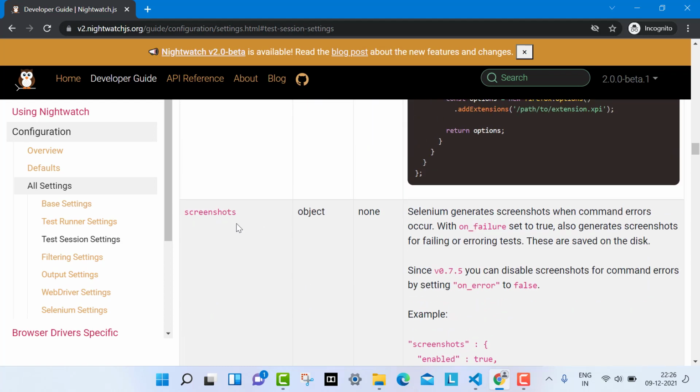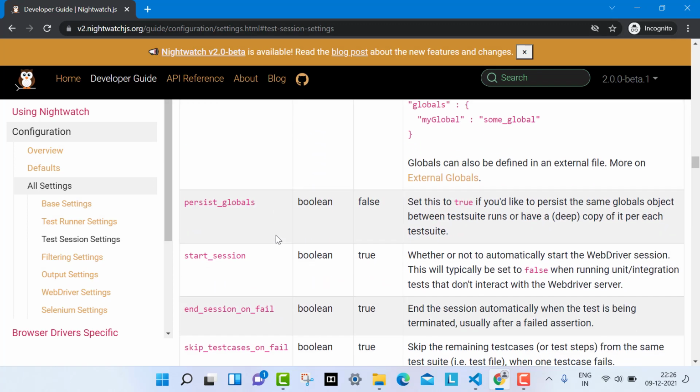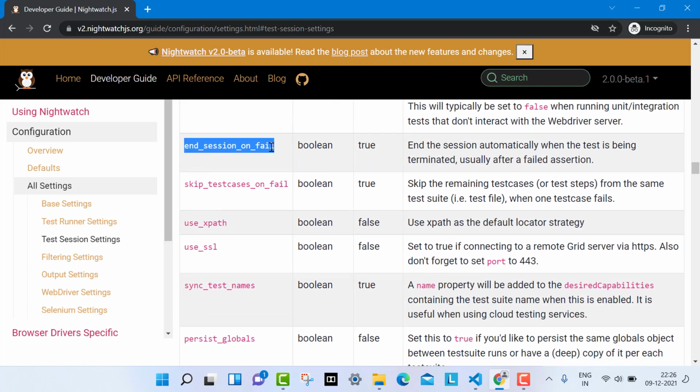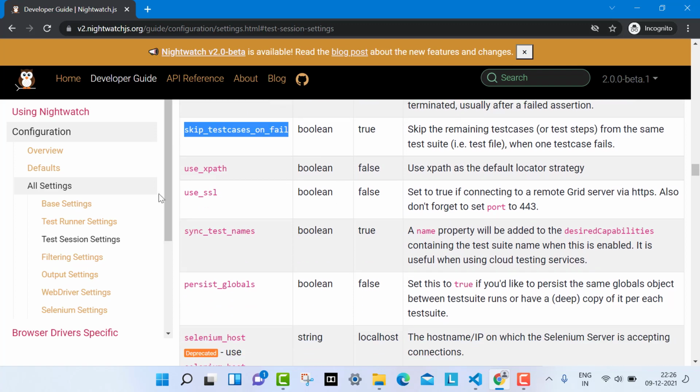There are a lot of things there, like how we can generate the screenshot, start session, what will happen if any session fails, whether you want to skip test cases on fail, whether you want to use XPath by default. Why have they given that one? Basically, by default, Nightwatch uses CSS. So if you have to forcefully use the locator strategy as XPath, you have to use XPath.